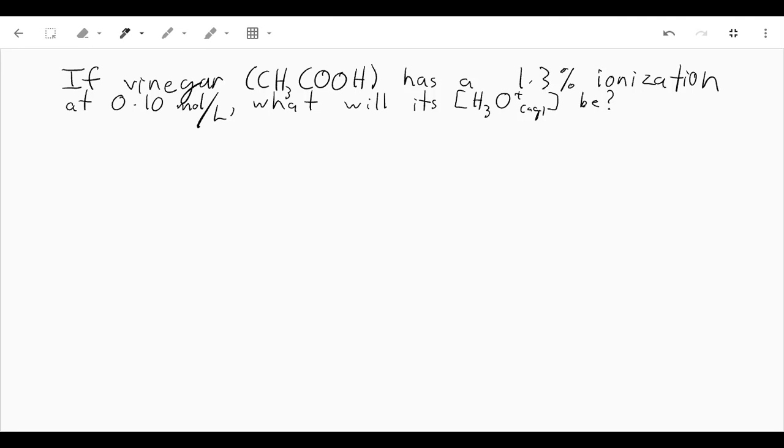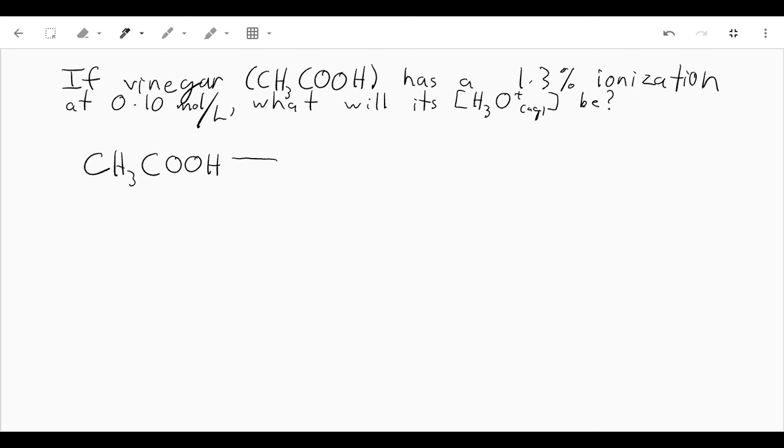Here we have a sample problem about percent ionization. If vinegar, CH3COOH, has a 1.3% ionization rate at 1/10 of a mole per liter, what will its hydronium ion concentration be? So what we have here is the reaction of